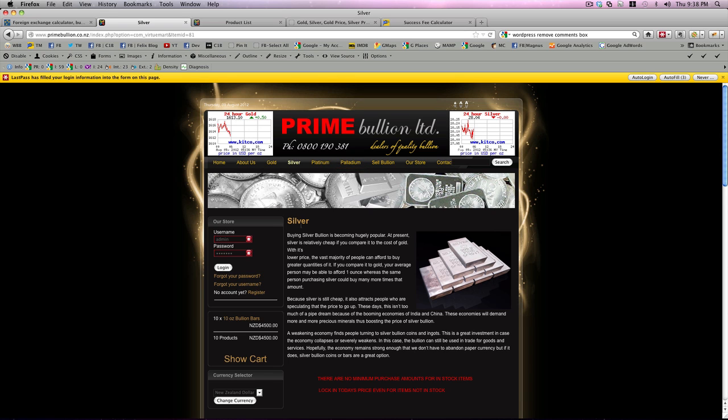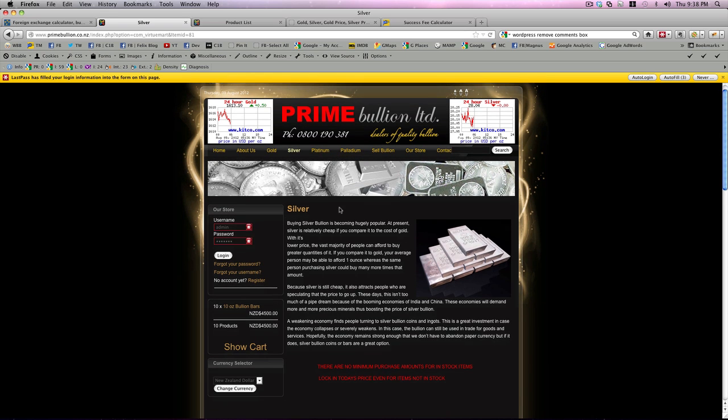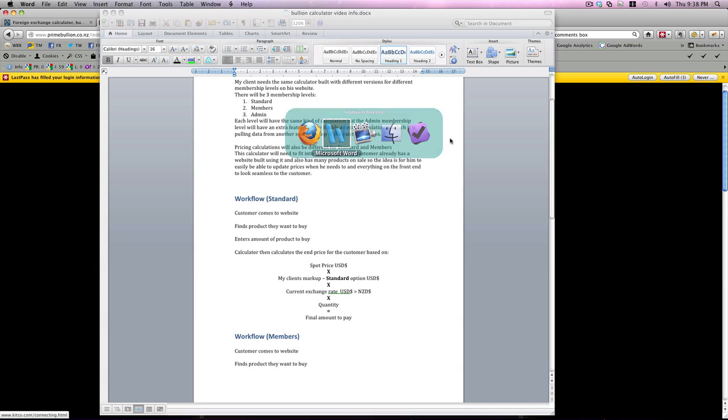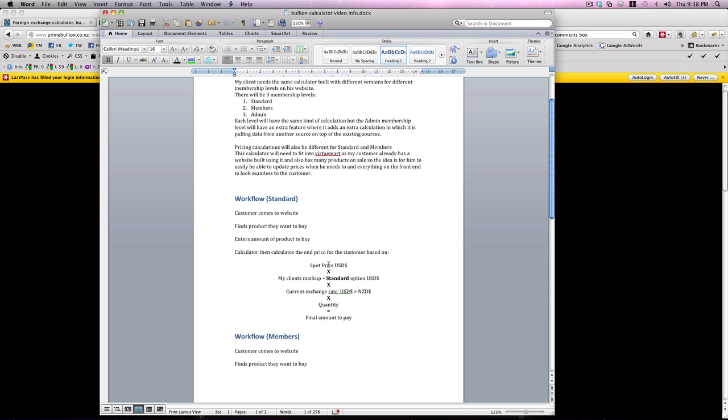So we're working on silver now. What would happen is that spot price would be this part of the calculation here in US dollars. Then there would be my client's markup at the standard option. So in the back end, the calculator will need to have,